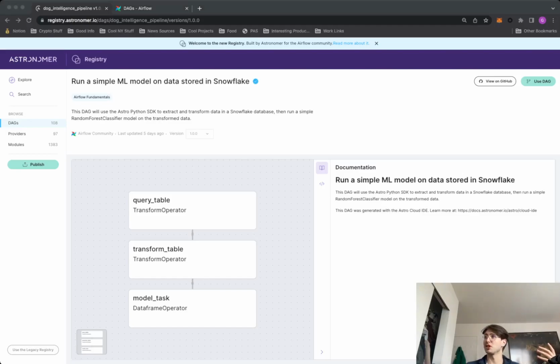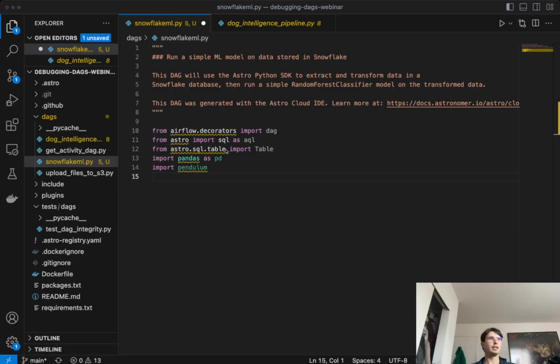So we'll switch over to VS Code now. Here, to set the stage, we have our DAG. What this DAG is going to be doing is exactly as I just described. It's doing some extraction, transforming of data within Snowflake, then running a random forest classifier machine learning model on that transformed data. And the really cool thing about this is that this DAG was generated with the Astro Cloud IDE,